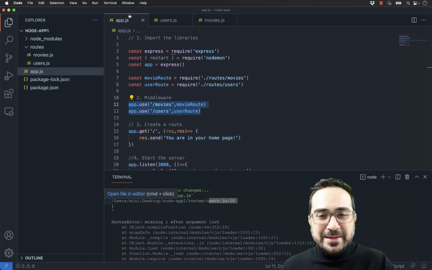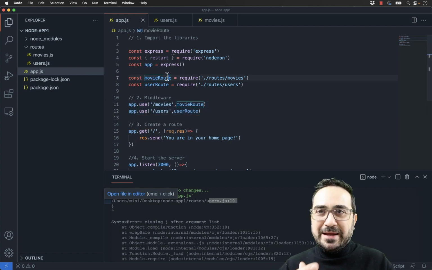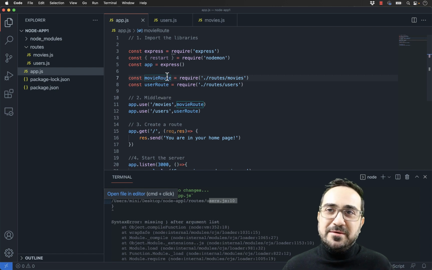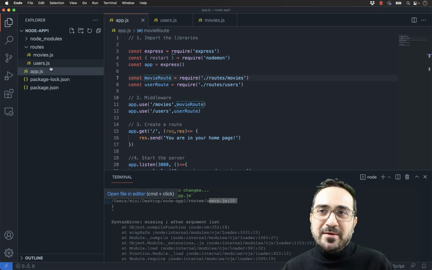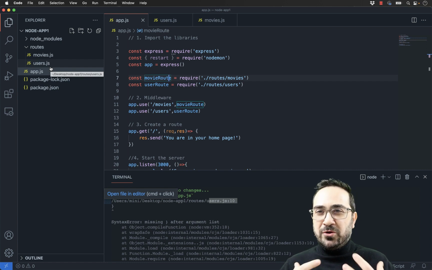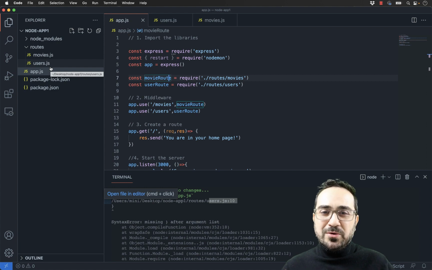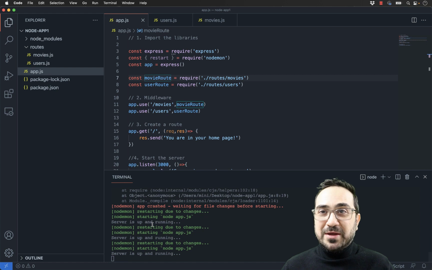Now, what I would recommend is to play a little bit around here, create your own routes, maybe try to create another different route here, link it with your app.js, and be a little bit more familiar with Node.js. In any case, since there are a lot of things here, we will slowly build up our confidence in Node.js, and we will see more examples of what we can do with Node.js.